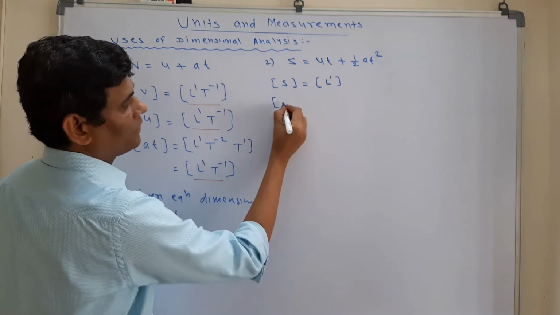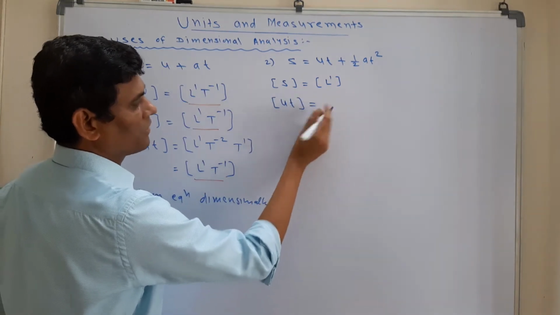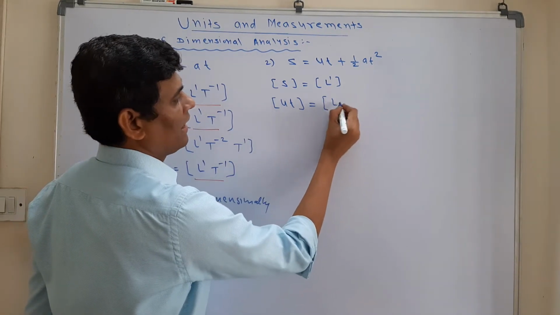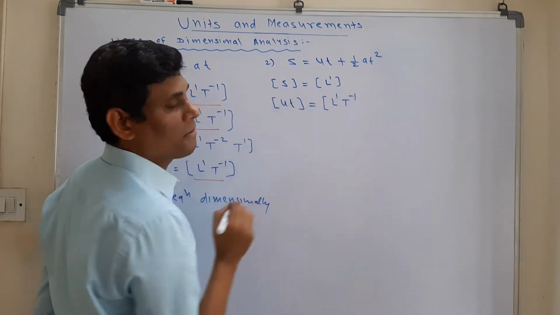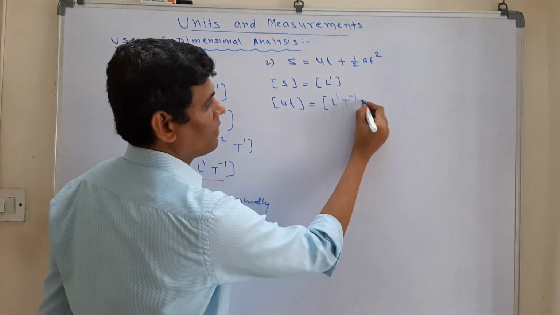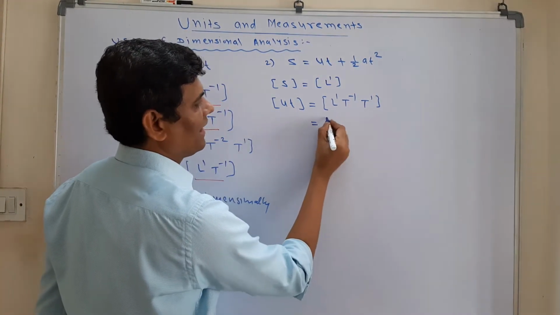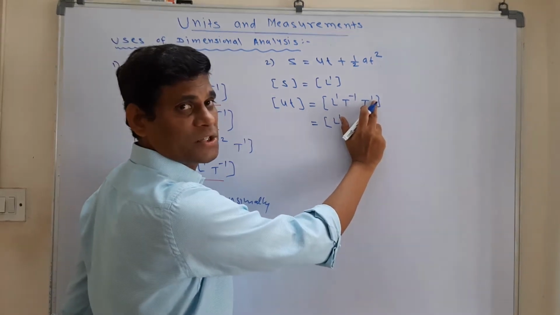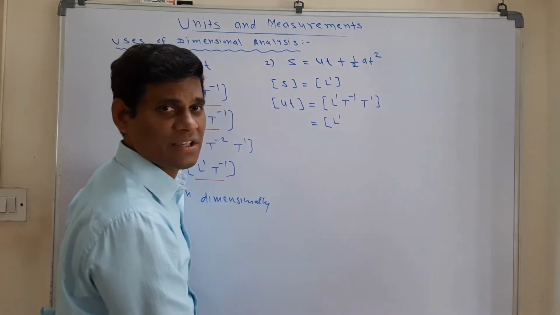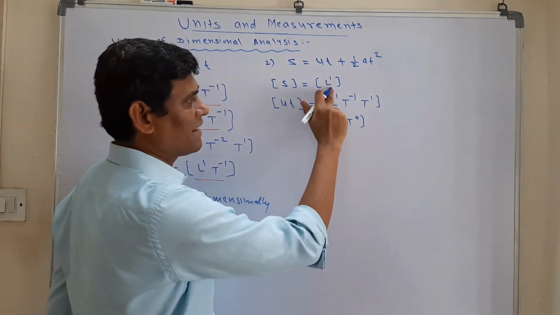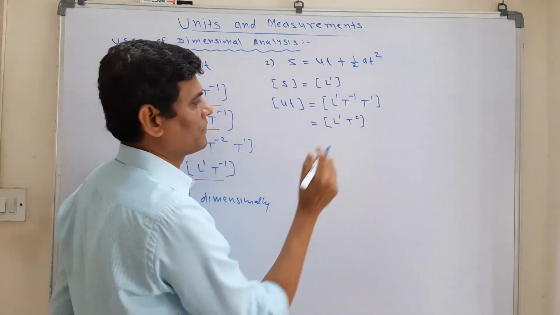ut, the second term. U for velocity, T for time. Dimension of velocity we have L raised to 1, T raised to minus 1. This T, for time, is T raised to 1. So what will you get? L raised to 1, T raised to minus 1 plus 1, T raised to 0. And anything raised to 0 is 1. Or you can say T raised to 0. Here there is no T written, so you can write T raised to 0.